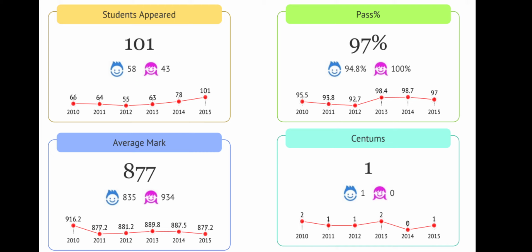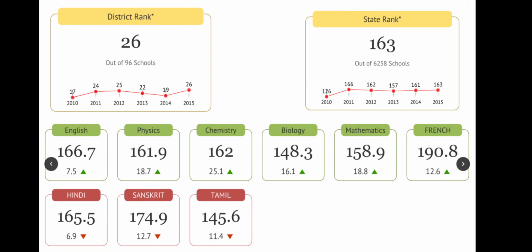Otherwise, to prepare the statistical data you need a lot of manpower. The cost effectiveness will not be there, it will be very, very high because you have to pay the manpower, but using computers it will do it at its level best with 100% accuracy. It will also tell you the district rank, and if it is done at a big level, the state rank. For doing this, all the marks in the state should be preserved in that particular computer, only then all these things are possible. What is the average in English? This is out of 200 marks; the average in English for a particular school is 166.7. I have taken a sample school.